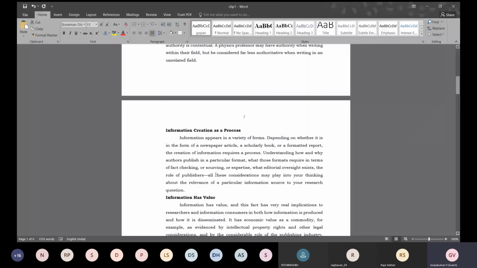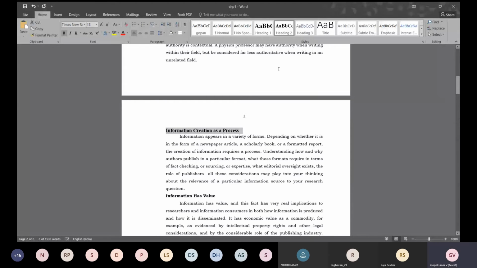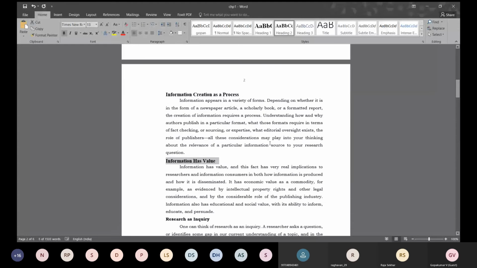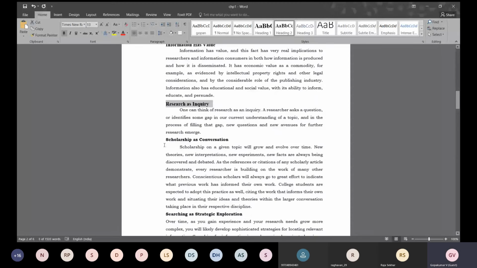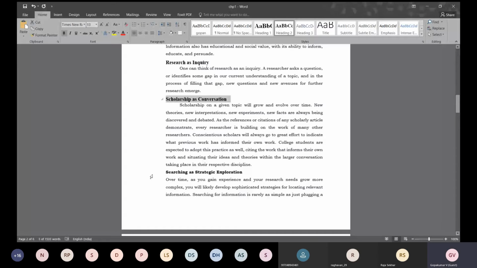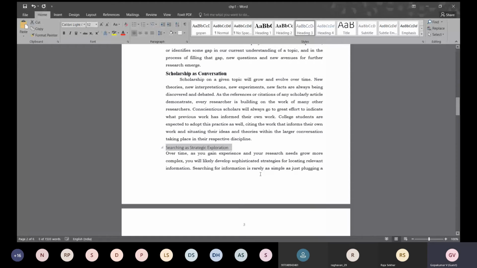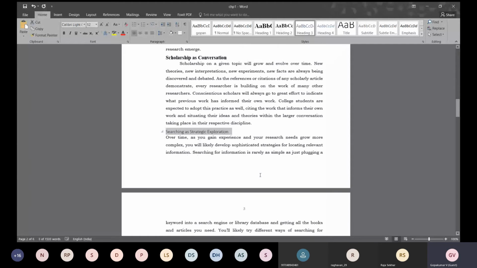I will go back again, select this. Now how to convert this into second level heading? Just click here. Select this, click here. So simple it is. Say that this is my third level heading. Click here. Color you can change the way we have done earlier.